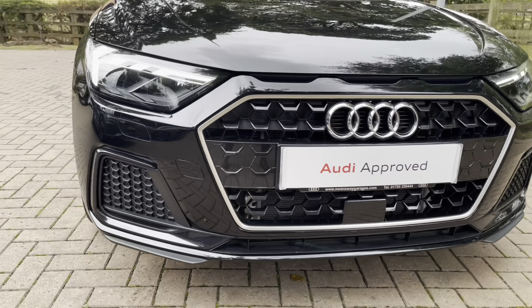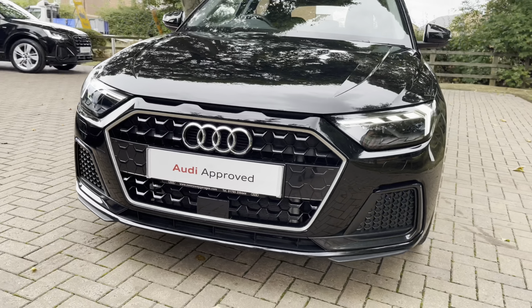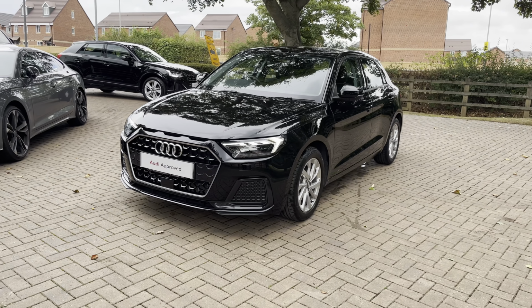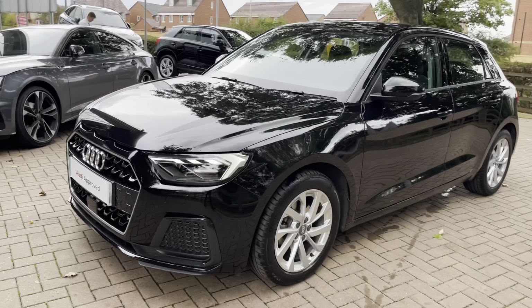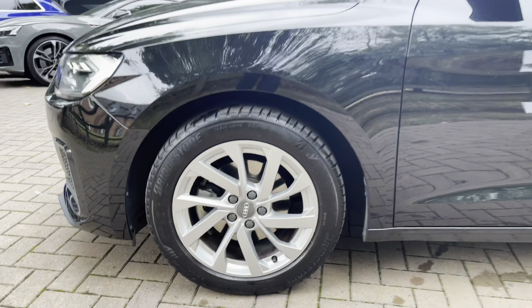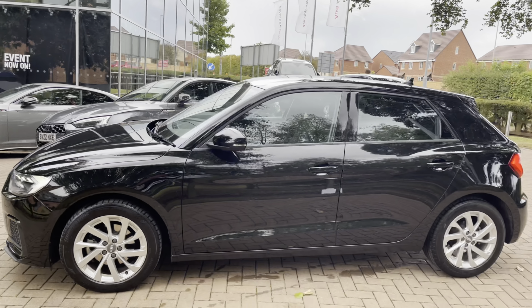To start off with, let's take a full 360 degree tour around this stunning A1. So starting out at the front, we have these super bright LED headlights that very clearly illuminate any obstacles on the road in front of you. Then looking down, we have these stunning 16-inch 10-spoke turbine design alloy wheels that really complement some of these silver